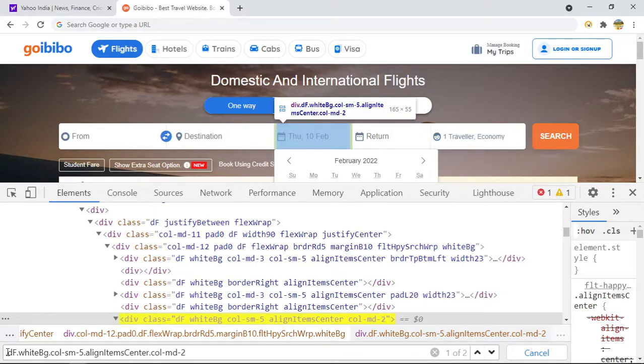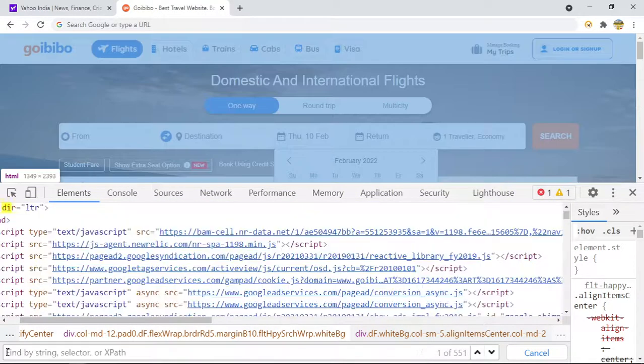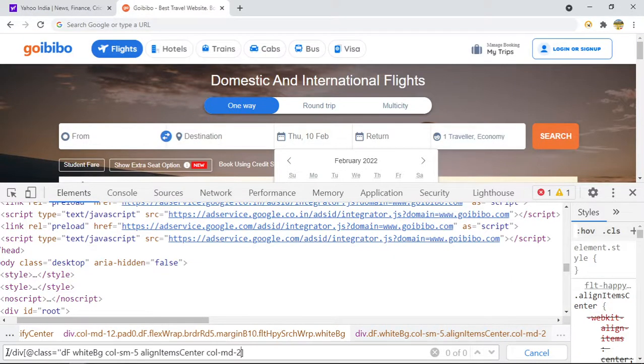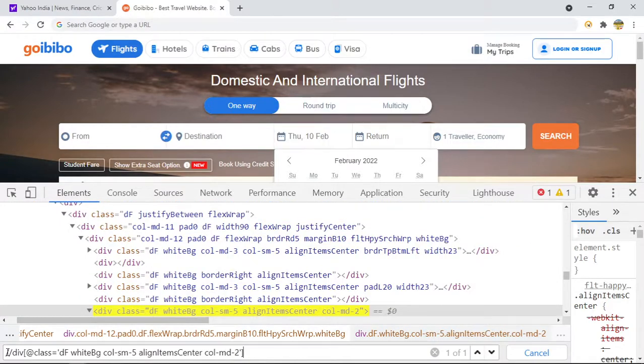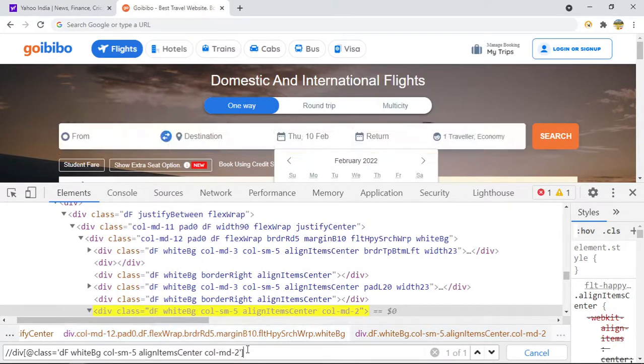Now it is our CSS, but two elements are matching. So let me take div class equals to div. Let me write XPath. So now total one element is matching, right? Which is this calendar. So that I can click on that.